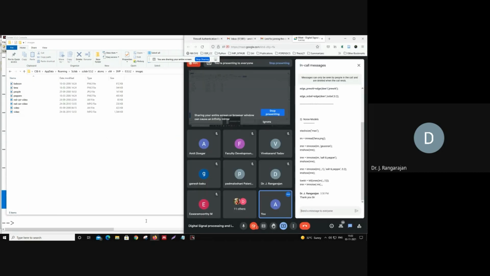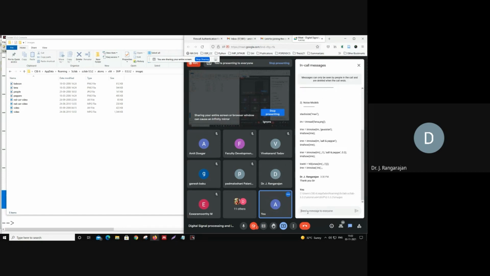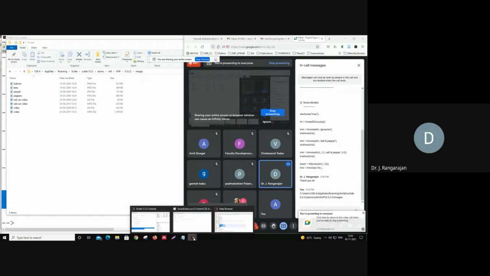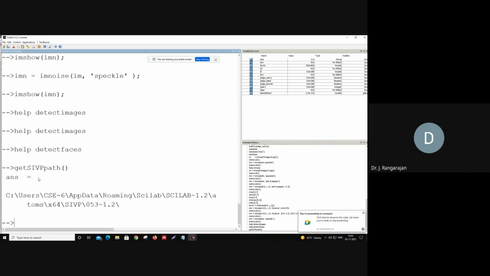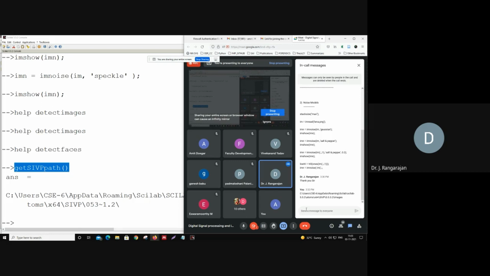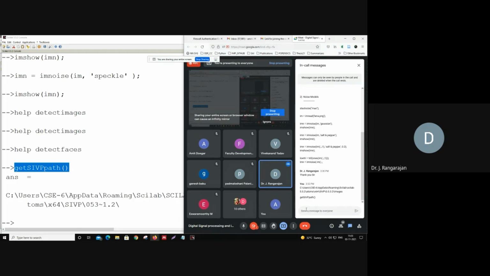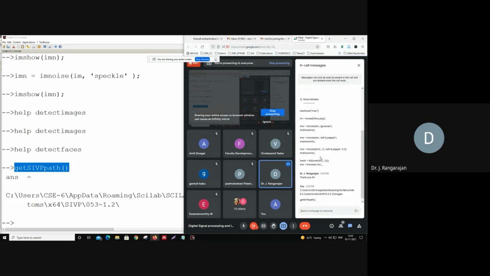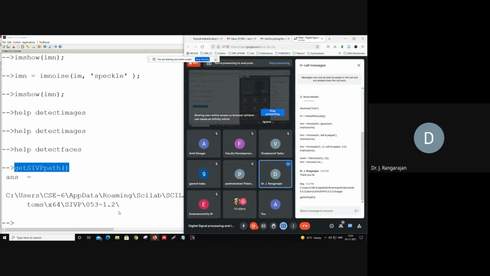I hope now you got it. Yes, sir. Thank you, sir. I am also writing the command so that you can follow it anytime. Get SIVP path. You can try right now. So I request again all the participants, please try to run these two, very easy: how to find the edge and how to get the noise level. Then next we are moving to